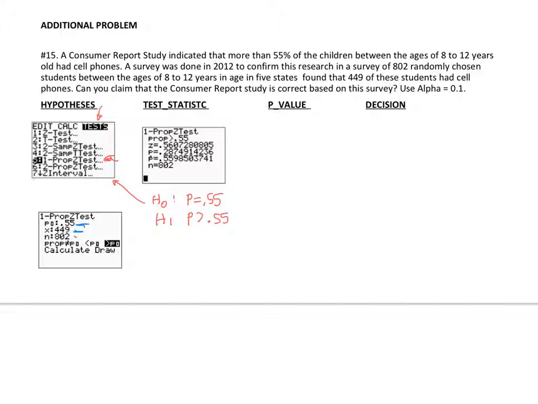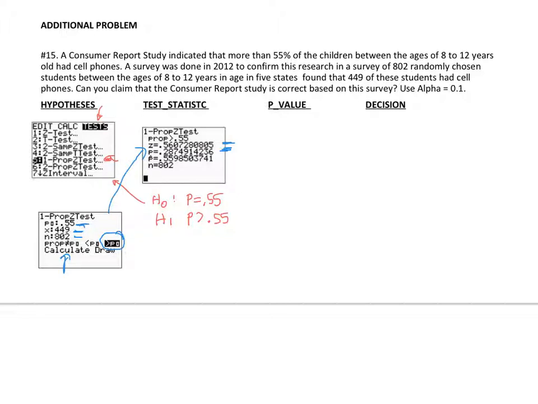N is 802, and we pick the alternative hypothesis. Then we hit calculate. Now we come over here, and when we hit calculate, we get the one prop z test information. We get a z value of 0.56, and a p value we get is